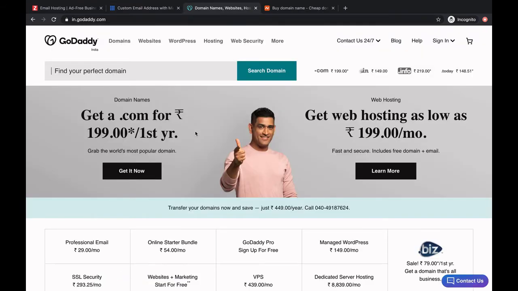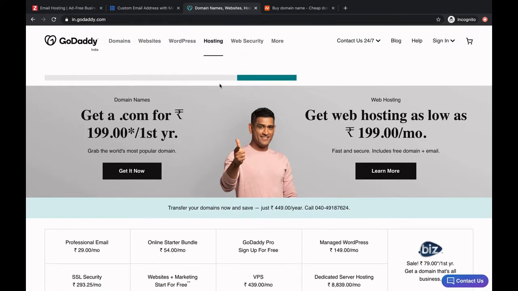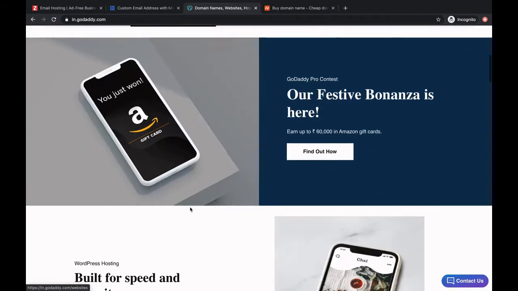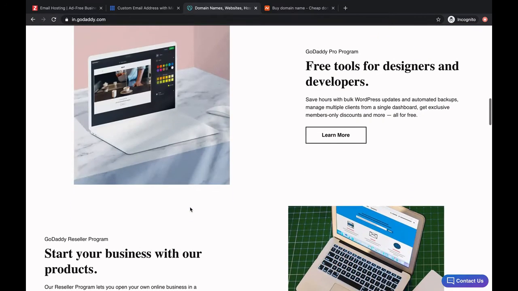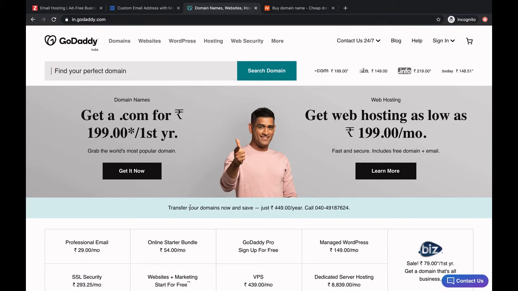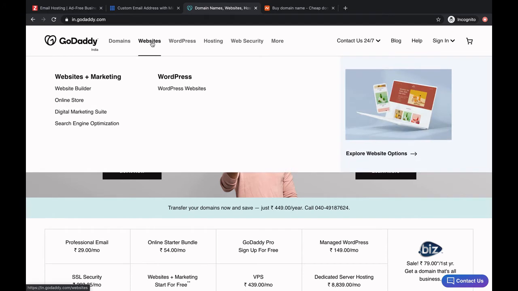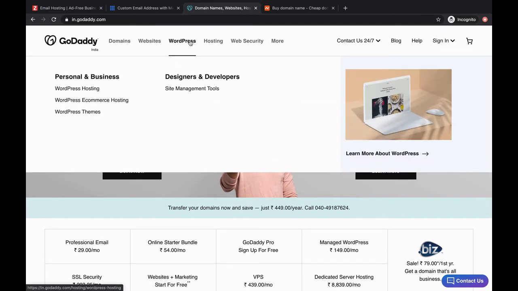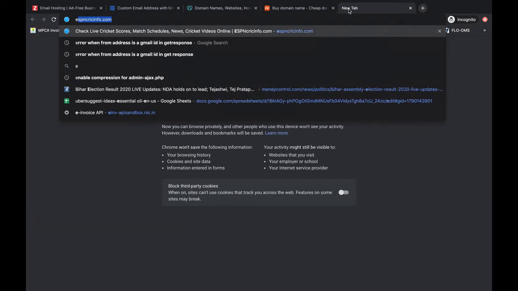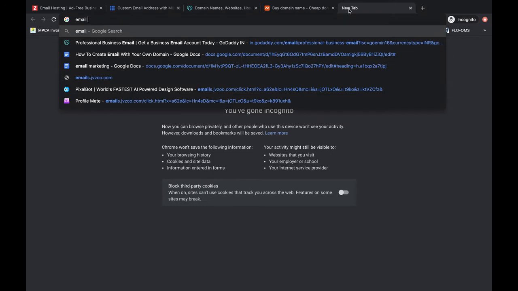When you go to GoDaddy, you can see they as well have their email subscription option available, and it's somewhere around 299 or 199. I'll have to check where it is. So let me just search on Google. One second. Email GoDaddy.